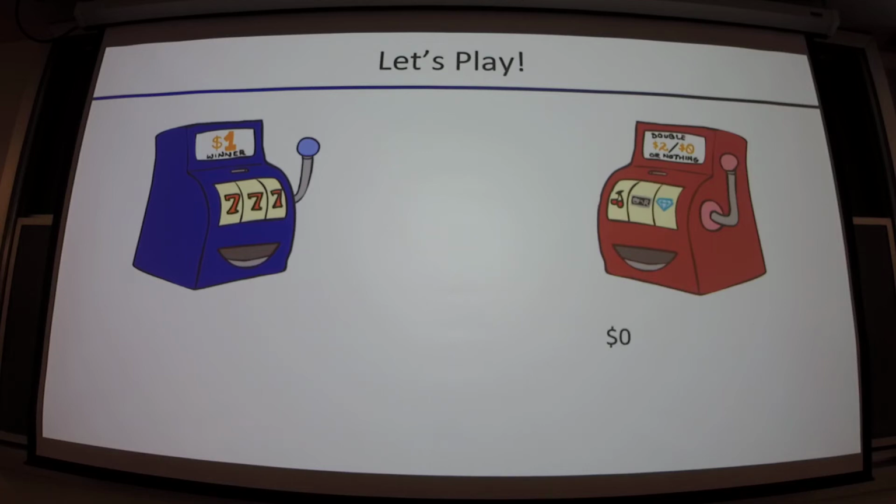We pull the red lever. $0. What should we do? Okay, let's say we pull the blue lever. We get $1. What should we do now? Pull the red lever. We get $0. What should we do now? Pull the red lever. We get $0. Maybe pull the blue lever. Should we pull the blue lever? Okay, we pull the blue lever. We get $1. Are we feeling lucky? Are we? No. It's a dry spell. Pull the red lever. Pull the red lever. Hey, $2.